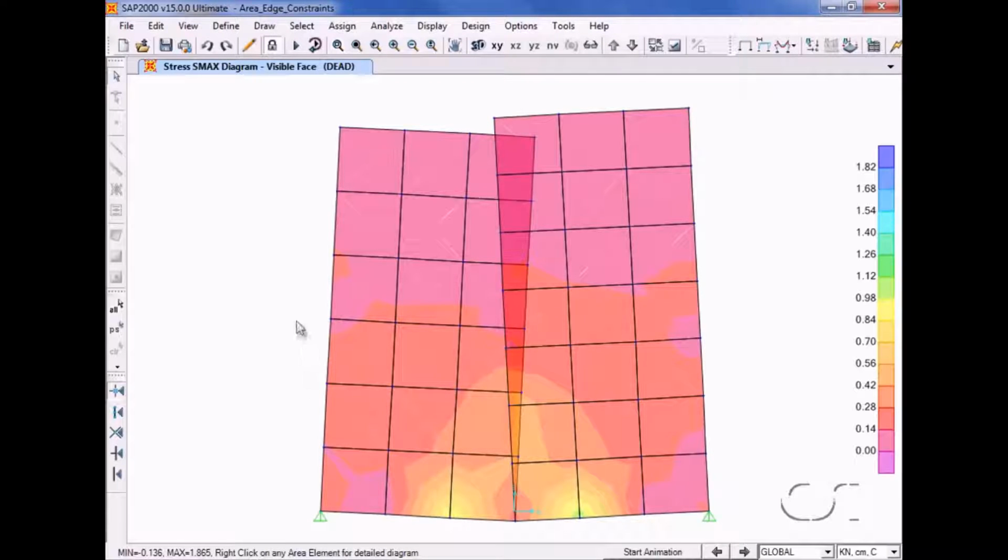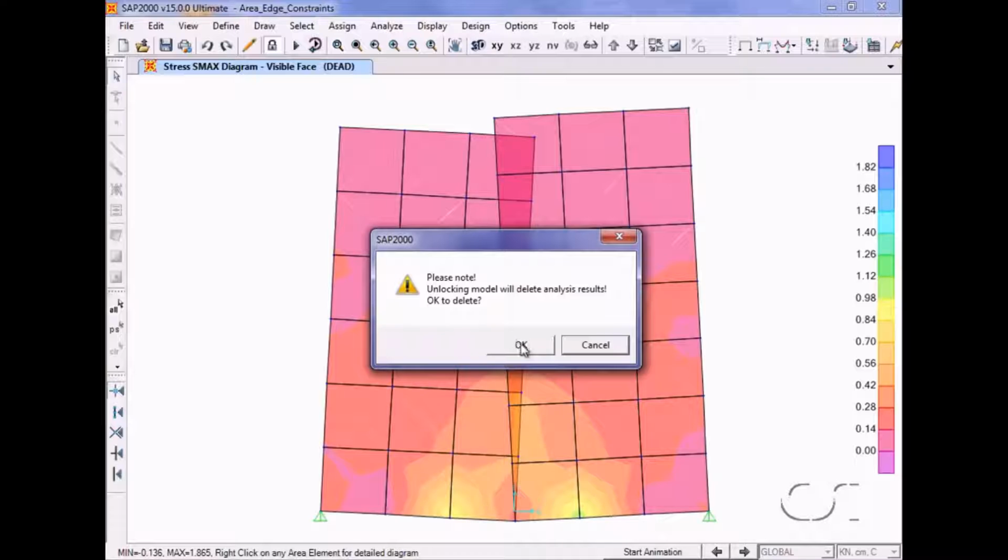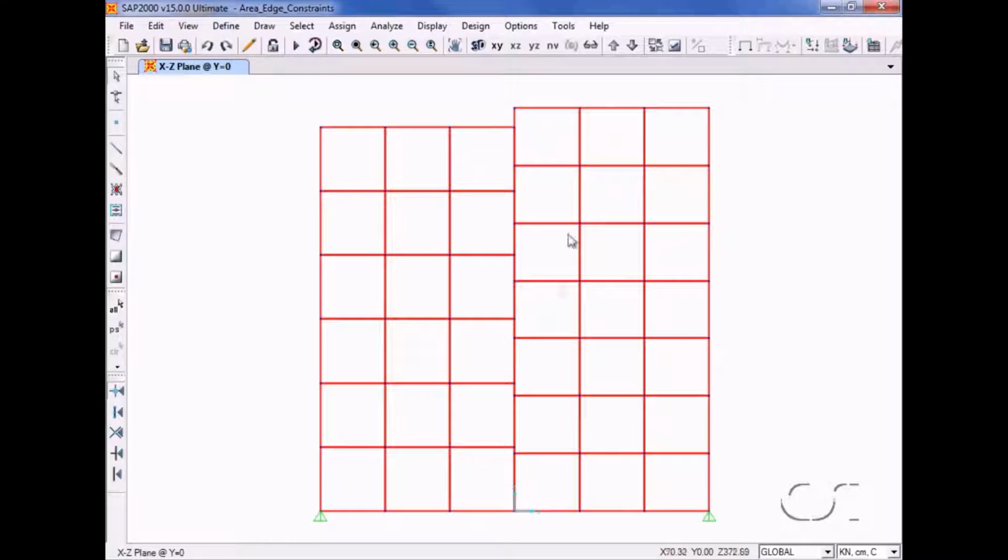However, with SAP 2000, it is a simple process to correct this model so that it will behave as a single wall. First, we unlock the model, and then we select all of the area objects along one side of the line where the mesh changes,